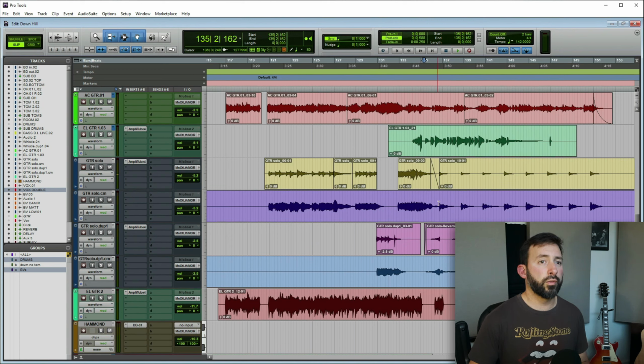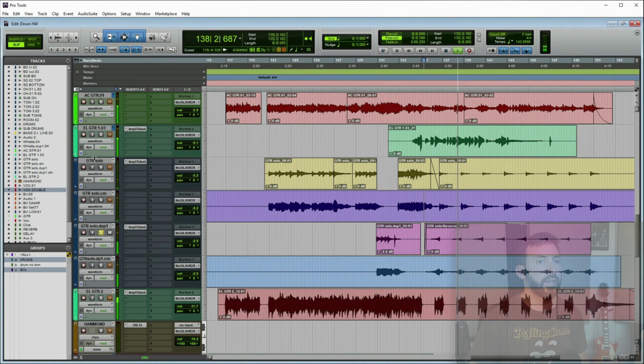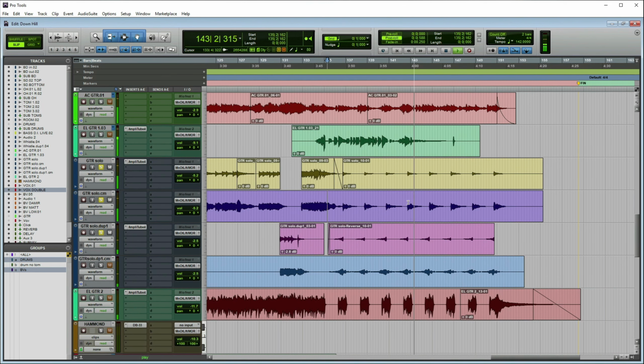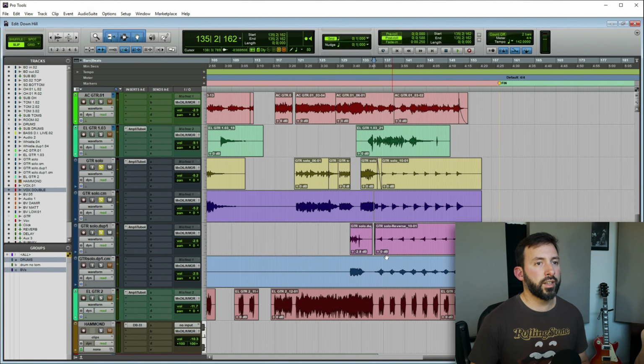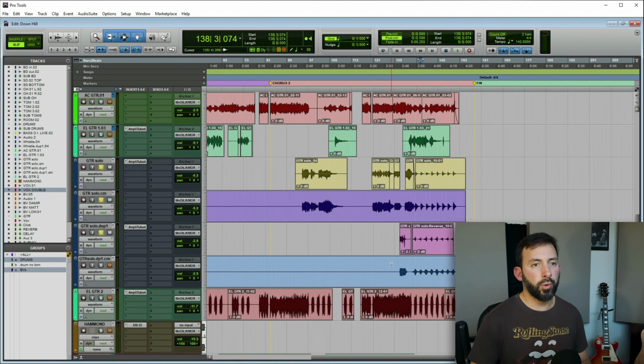At the end there are a lot of different guitars, but we added this little effect over here. So, things like this make it more special.